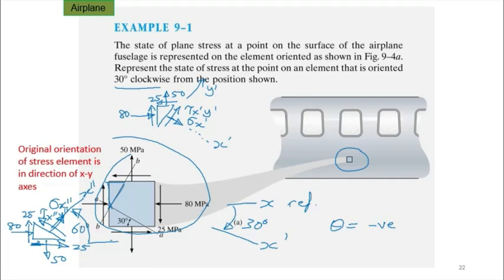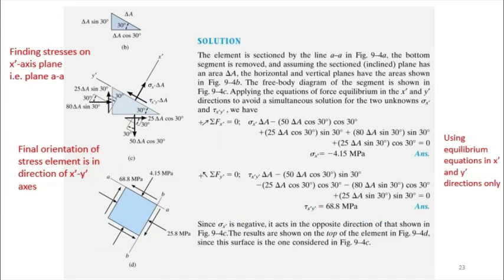And this 60 degrees is positive, right? So if you remember the positive directions of the stresses and the angles, the sign convention, then we can use the final equation that we had earlier,